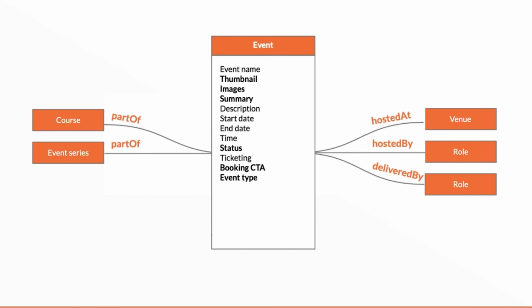There might be a status if you're actually able to book an event online. We might have a call to action always with an event, because that's a good reminder to keep it task focused, make sure users can book. It's really important. You might have an event type, so you're actually grouping it in different ways.